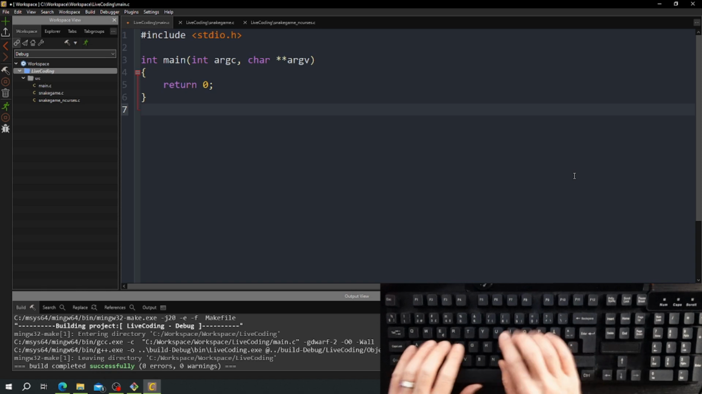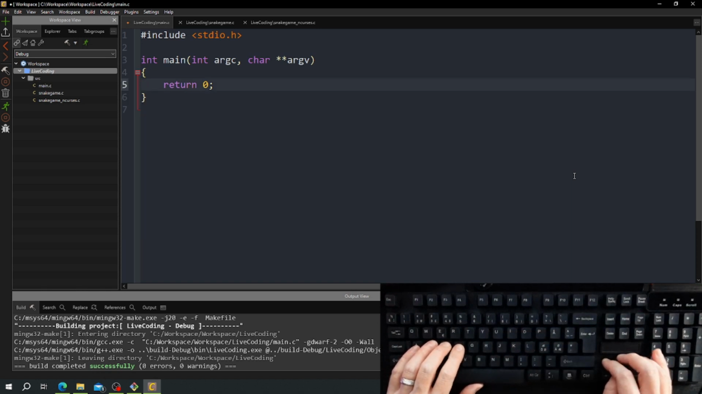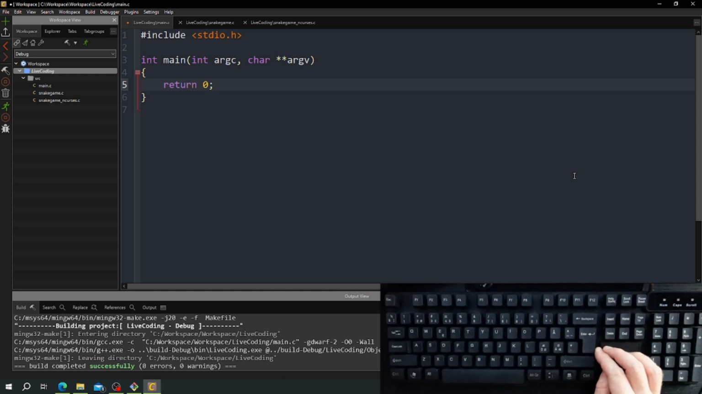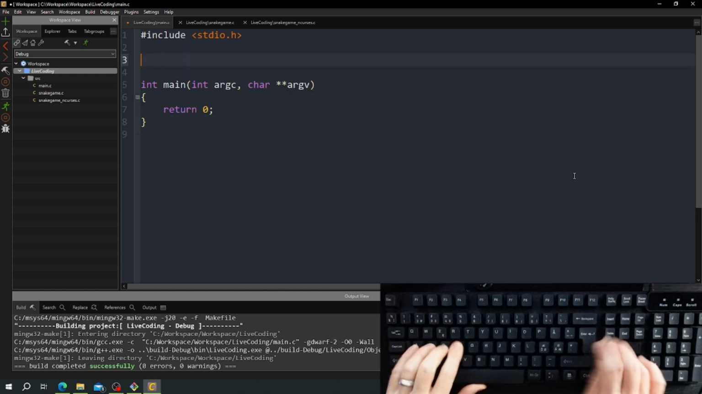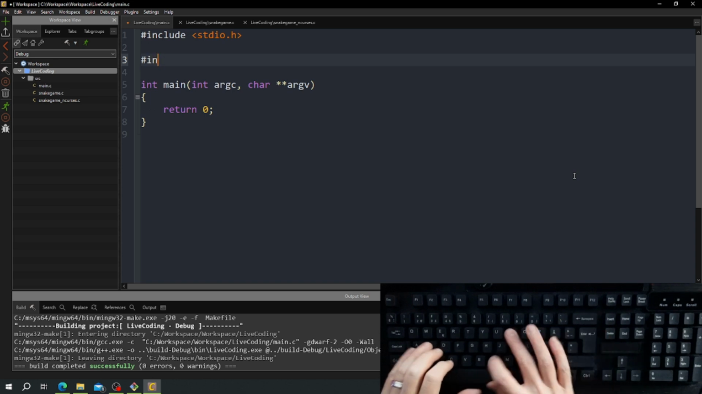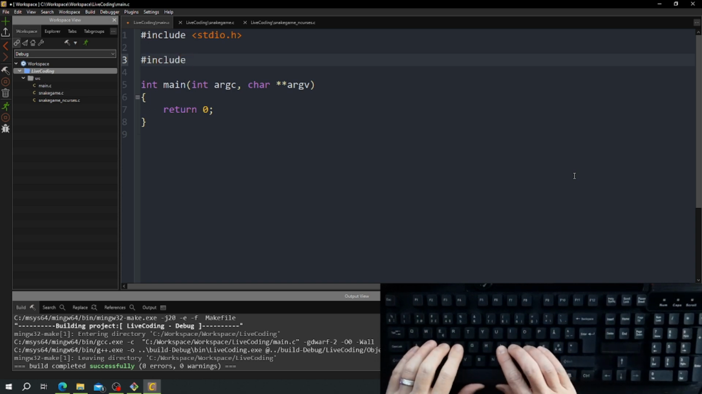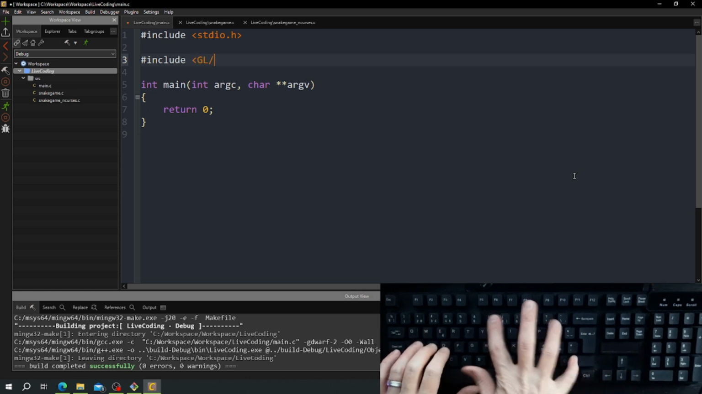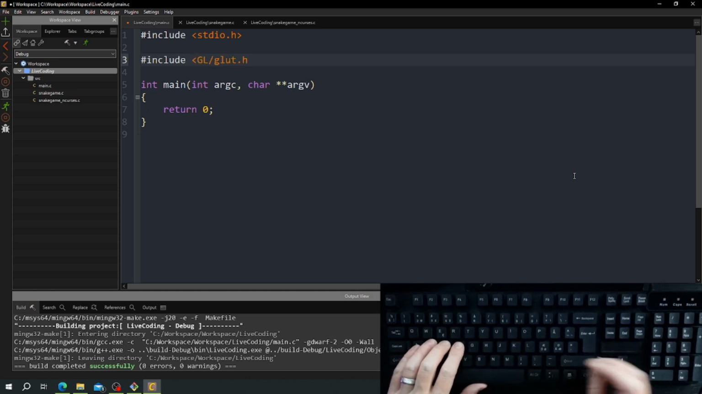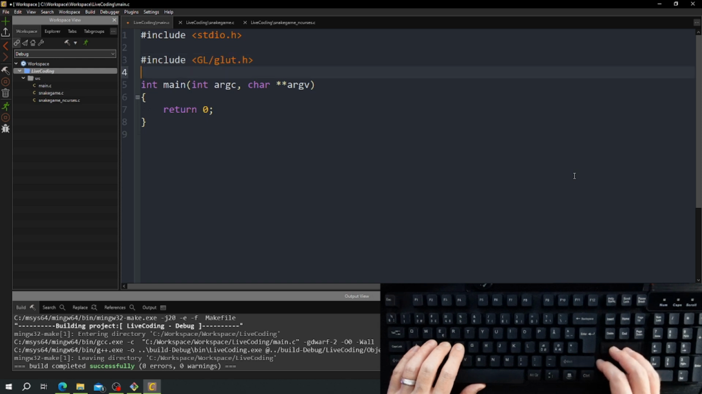Okay, hello. This time we're going to draw on the screen instead of just writing text on the screen. So we're going to do that using something called OpenGL and the OpenGL Utility Library. They are combined into one, so we have a utility library that includes OpenGL also. Funnily enough, it's called GLUT, which